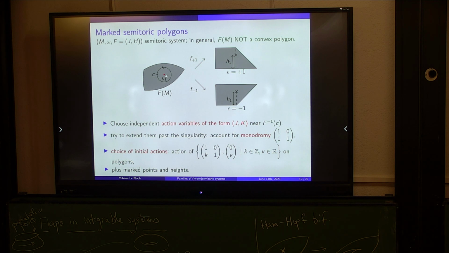But we also have choices. The choices are the following. So here I've explained what happens when you cut up. So this gives this polygon, but of course you can cut down. This gives this other polygon. And if you have several points, each time you have 1 point, you have 2 options. So this multiplies the number of polygons you get. But also there's something else, which is we started with some action variables of the form J something. But you can take other action variables of the form J something else. And the freedom is in the choice of the second variable, translated into the action of these affine maps on the final polygon. So you have an infinite number of polygons.